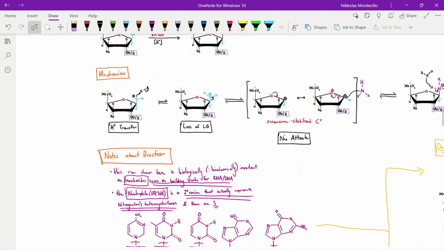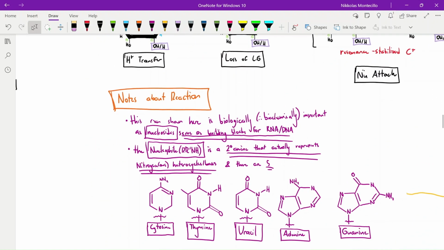So there's a couple notes about this reaction here. The reaction shown here is biologically or biochemically important, as nucleosides serve as building blocks for RNA or DNA, right? The nucleophile is a secondary amine that actually represents nitrogenous heterocycles or bases, and there are 5 forms of nitrogenous heterocycles or nitrogenous bases that can serve as a